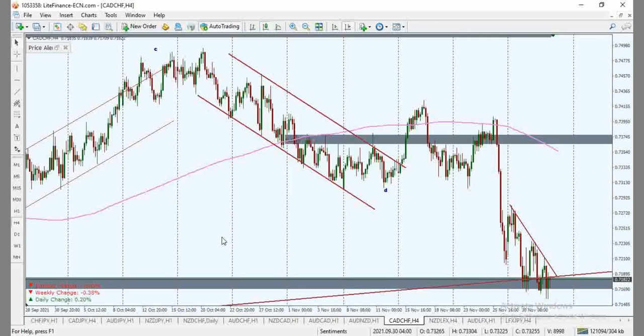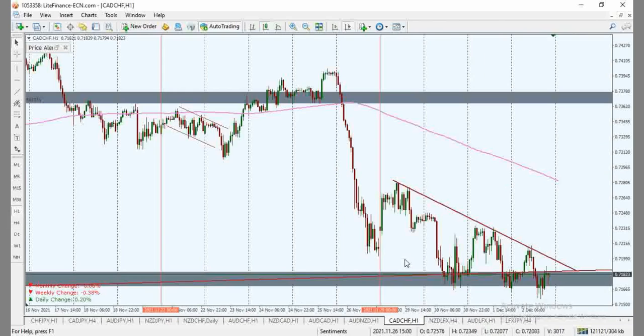However, we could also see CAD strength coming. If we see CAD strength coming, I think this is the best territory to start looking for sell opportunities. If CAD moves up from this point back into this zone, I will be waiting gladly to take a sell trade. For this one here, I'll also be ready to take a buy trade if price validates. I'm seeing an A, B, C, D, and possibly an E completion. So what is happening here could be a correction, and then we're going to have price explode to the upside, maybe next week.